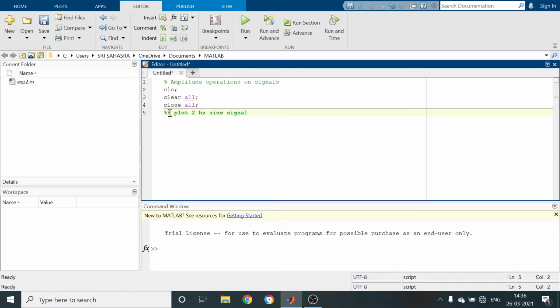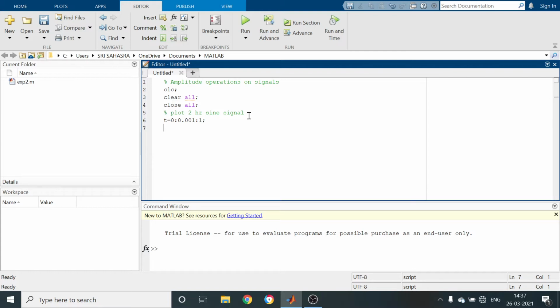In order to plot a signal, we have to know the amplitude and the time period of the signal. So first I want to give the time period. For a continuous time signal, we are using the variable t equal to. I am going to select the time axis from 0 to 1 with variation. To get clarity, I am going to give the variation as 0.001. So the time axis is divided from 0 to 1 with spacing 0.001.